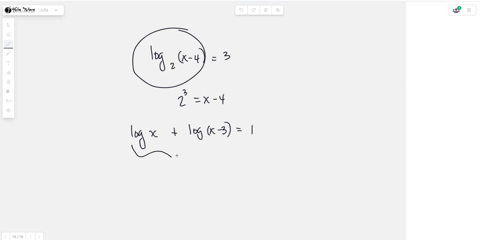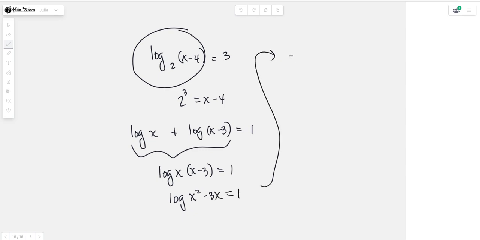The way you're going to do that is, since it's a sum, we can condense it into a what? Yeah, since it's a sum, we can condense it into a product. So it turns into log of x times x minus 3 equals 1. That says log of x squared minus 3x equals 1. And then you show the base. So that's log base 10 of x squared minus 3x equals 1. And then from here,